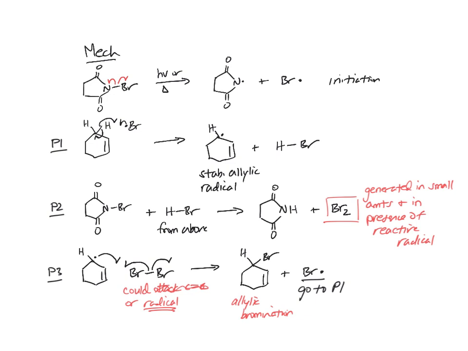Okay, so we're going to do a few examples, and we're going to see how there's a kind of complication that can arise when you have more than one allylic position. You can start to get mixtures. Okay, so let's go ahead and do one example, and then we'll ratchet it up and do one that's slightly more difficult. So for our first example,